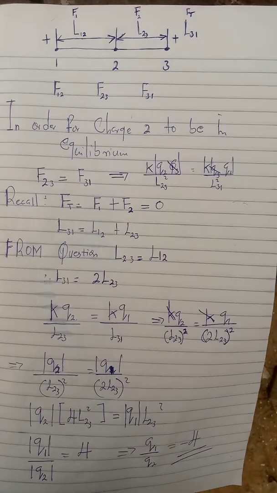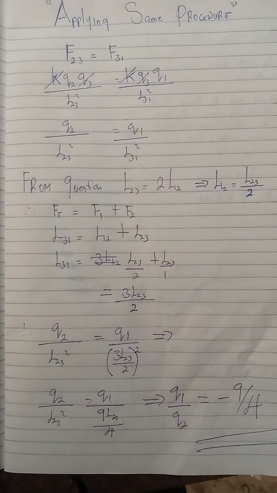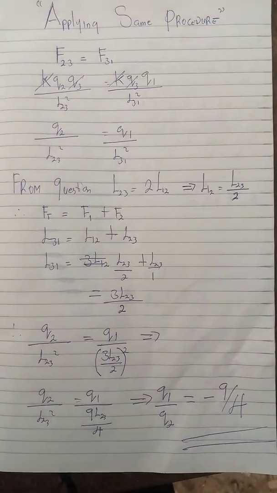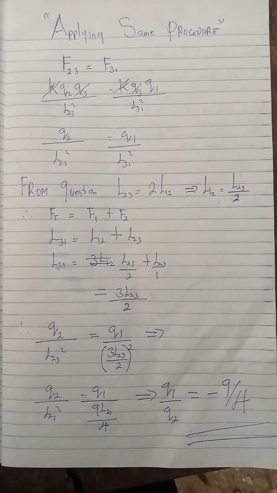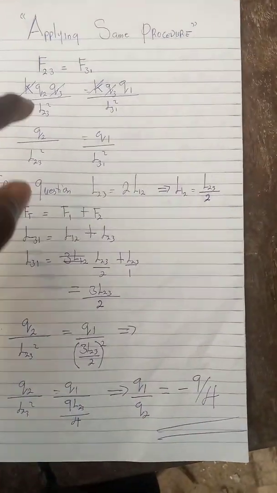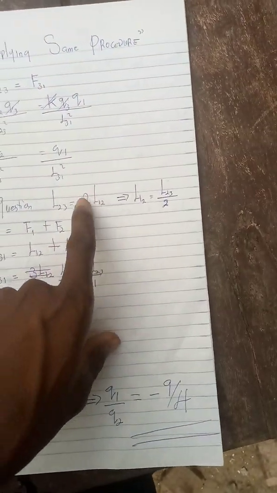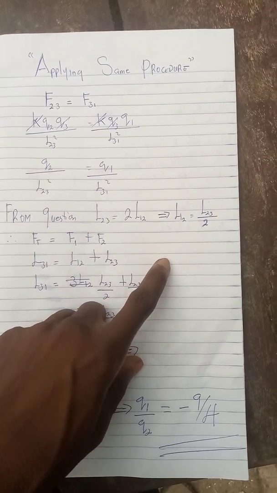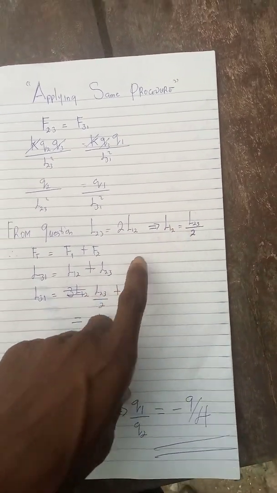We'll be using that same process for question 2 as well. Applying the same process for question 2, the only difference between question 1 and question 2 is that it was given in the question that L2 of 3 is equal to 2L1 of 2. So making L1 of 2 the subject of the formula,